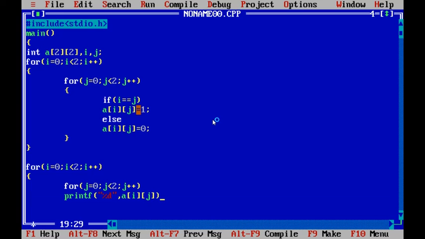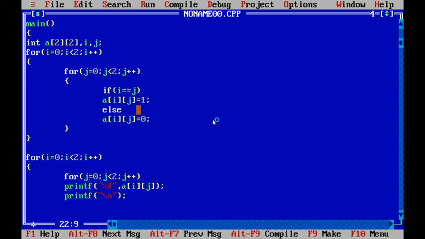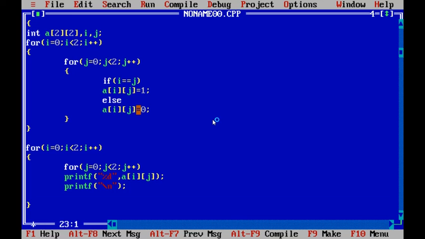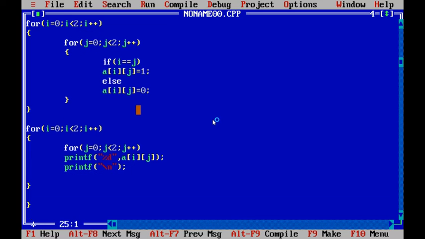It prints the element of the particular array. Then printf("\n"); semicolon. End of the for loop, end of the main function.